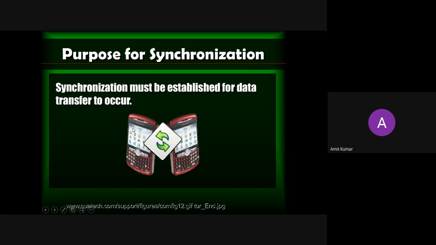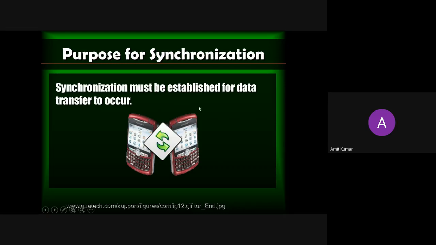So 5 balls, that is, 5 data items, have been lost. For this purpose, we need proper synchronization between transmitter and receiver.